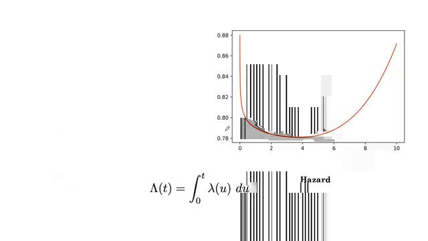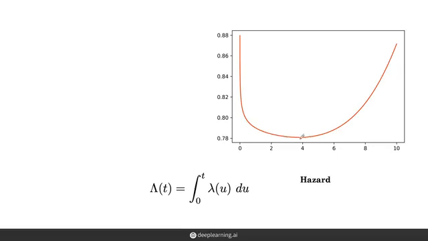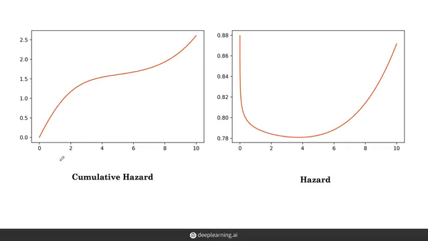And so we've seen earlier a hazard curve that tells us the instantaneous risk on the y-axis and with the time on the x-axis, and we can use this hazard curve to tell us what the corresponding cumulative hazard curve is going to look like using the formula that we saw earlier. And once again, don't worry too much about what this formula is doing if you haven't seen integrals before. It's just a way of summing up the hazards along the time axis. And so this is the corresponding cumulative hazard that tells us how the patient's accumulated risk over time is changing.